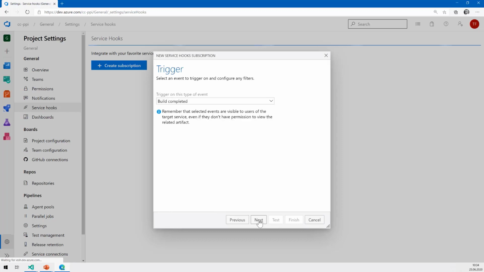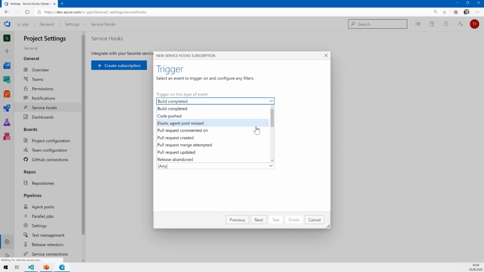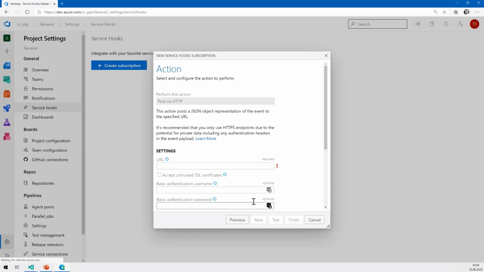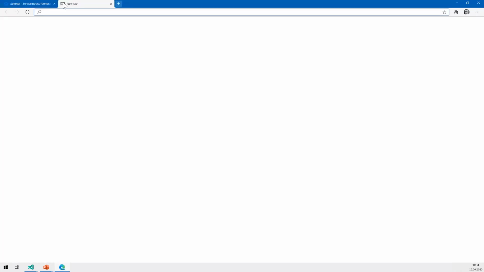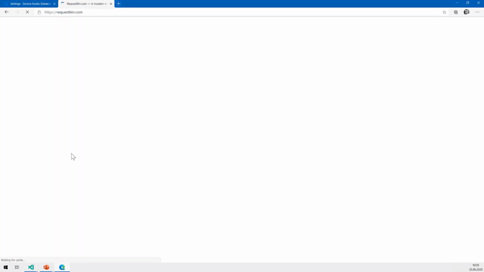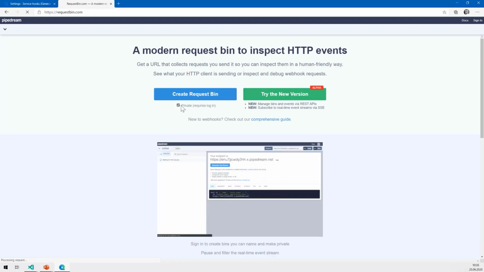I'll show you how that works. If I click on next here, then we can select the trigger. Let's say if someone commented on a work item, I could filter this, so the trigger would only happen on specific area paths, on specific work items, tags, whatever. But for now, let's keep that empty. And then we need a URL where we post something to. This usually would be a web service that you have created or that you're using from somewhere else. But as I just want to do an easy sample, I'll take RequestBin. That one just allows me to create an endpoint that gets a request so we can see what's happening.